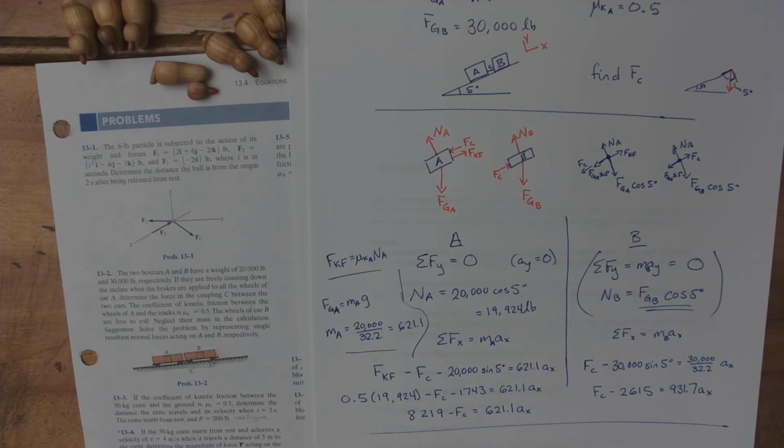So, I mean, I would kind of be interested to know what the acceleration is, but they're not asking us for that. So let's instead just, I guess, take this equation here